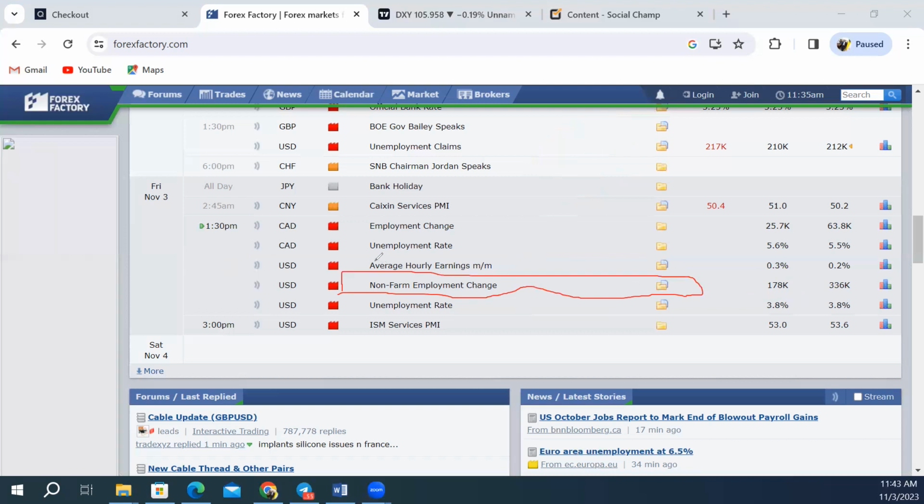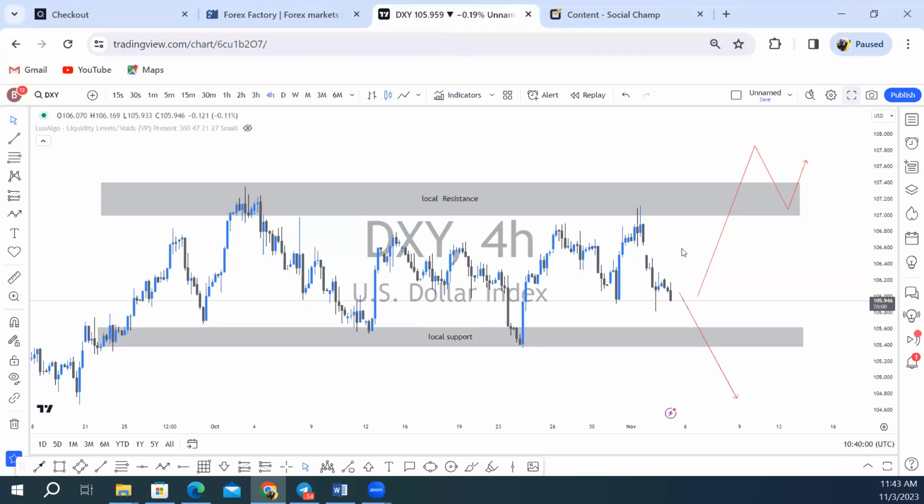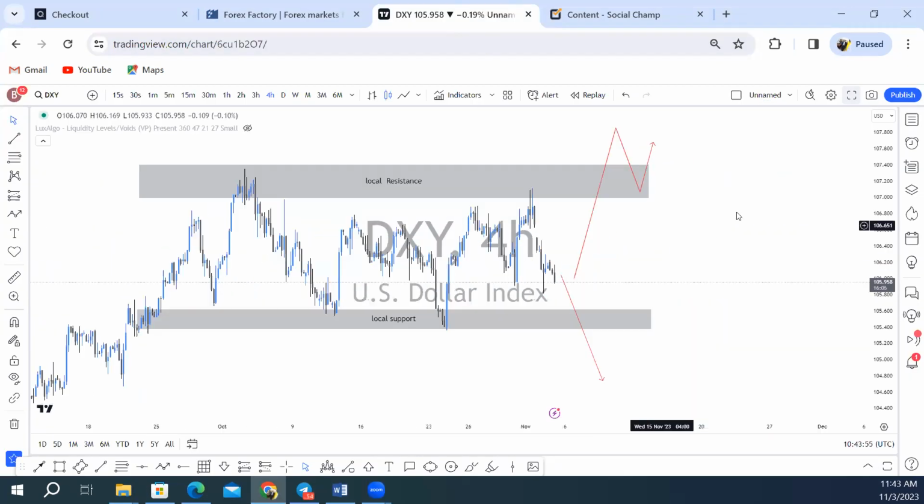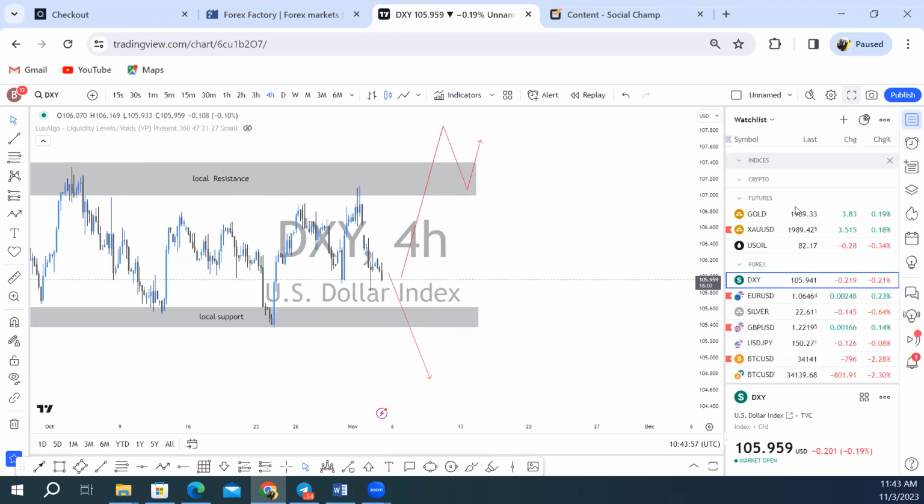And if the average hourly earnings and unemployment rate favor the non-farm payroll, that could really amplify the effect of the non-farm payroll. But if they do not favor it, what is happening for non-farm payroll will still override the two. So what are you going to do? This is a strategy that you should implement to make sure that you stay safe and make much out of this. So let's go to the chart, and we're going to be looking at currency pairs like GBP USD,